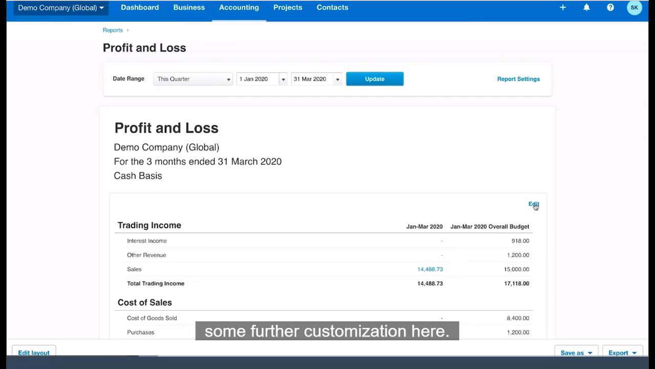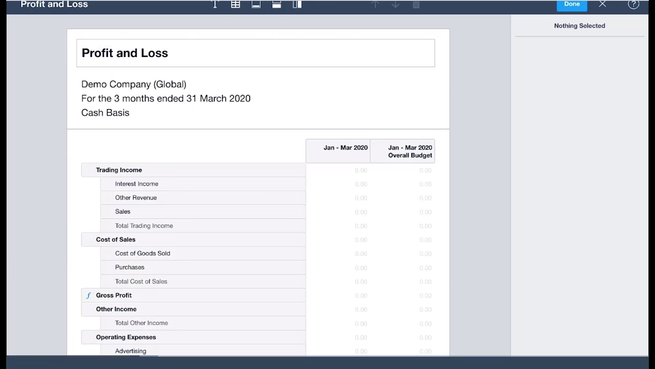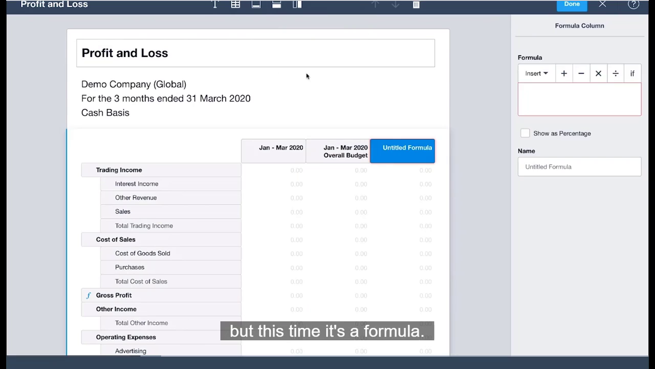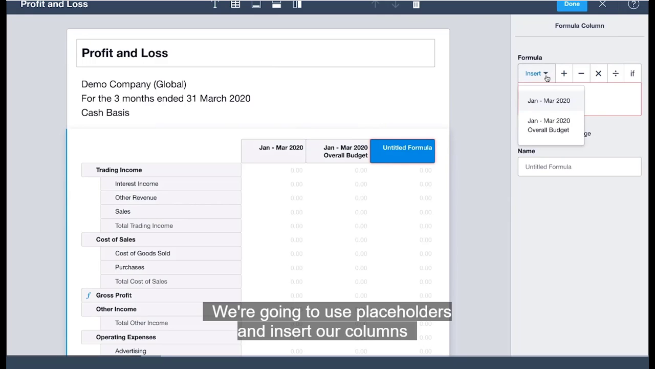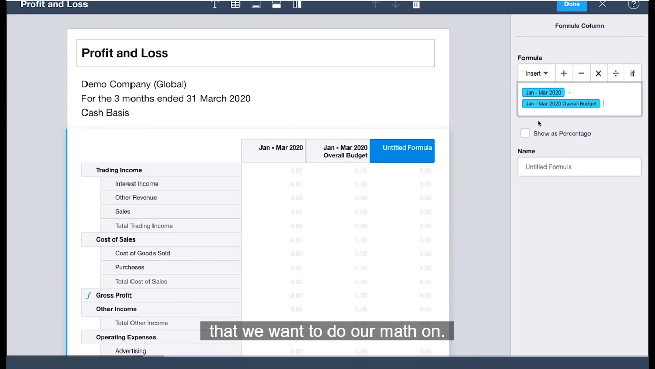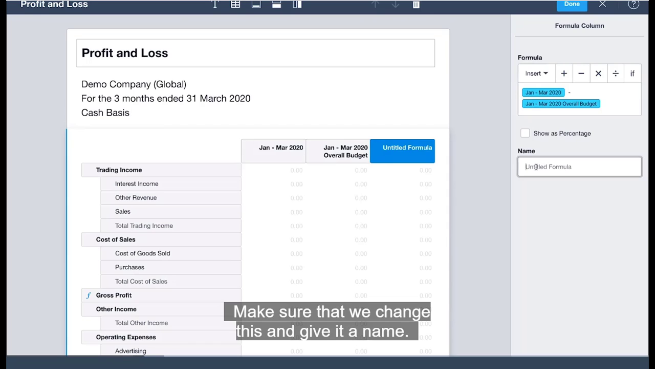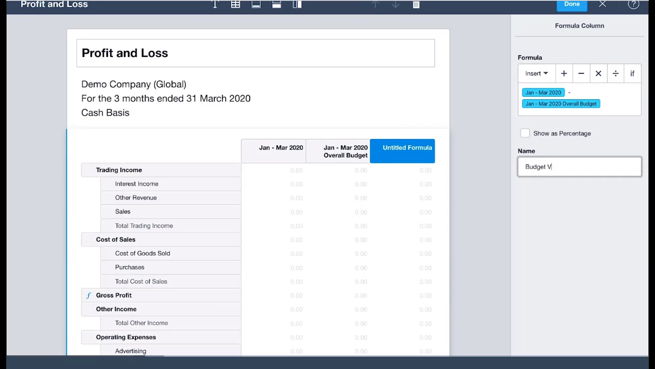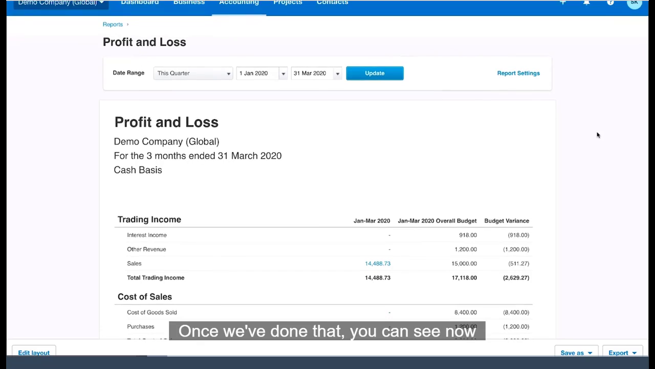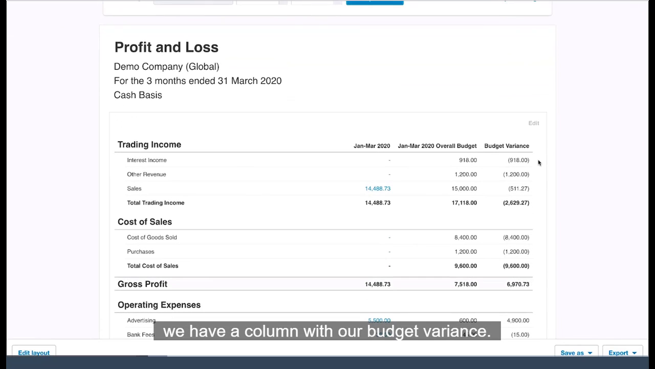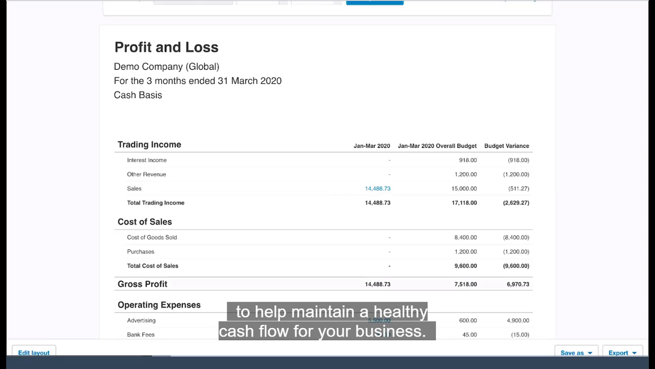Now let's say we want to have some further customization here. We're going to add another column, but this time it's a formula. We're going to use placeholders and insert our columns that we want to do our math on. Make sure that we change this and give it a name. And click Done. Once we've done that, you can see now we have a column with our budget variance. So we can see how we're doing compared to budget, actual to budget. You can use this information to make important and timely decisions to help maintain a healthy cash flow for your